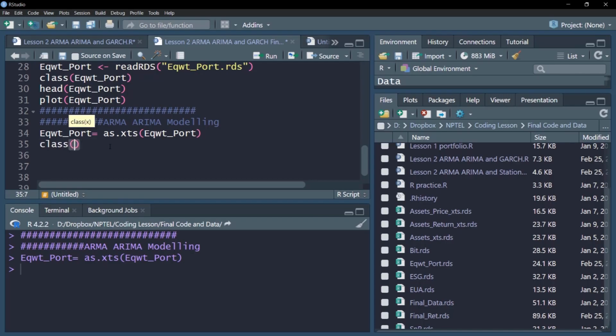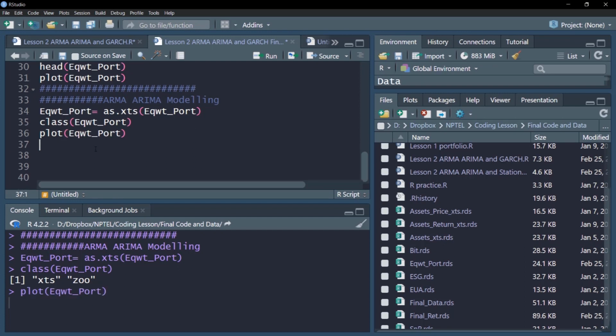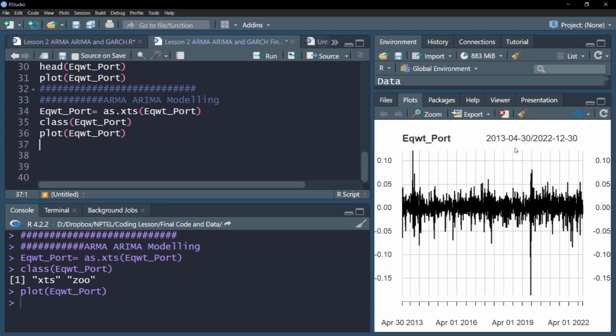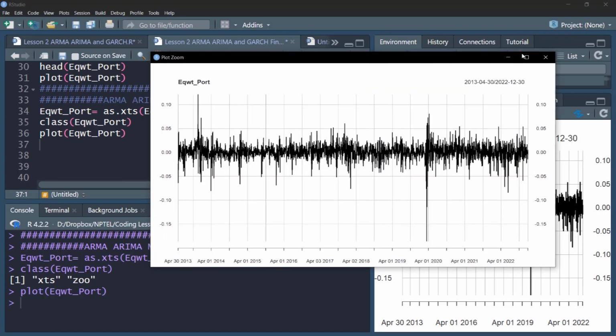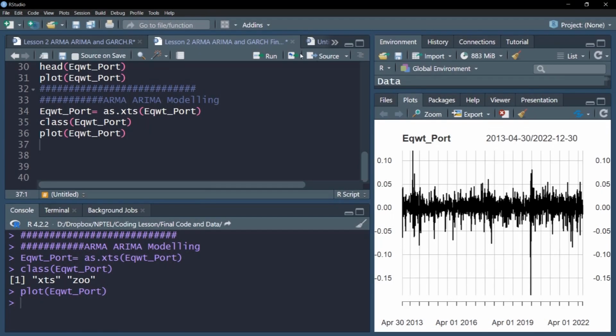If I show you the class now, see the class that has changed. If you see the class of this new variable, that is XTS zoo, extensible time series. The plot will also be very nicely appearing. If I show you the new plot of this data, you can see a very nice looking plot with its time. Let me zoom it for you. So a very nice plot with all its properties is there. We can see some of the shocks in the series.